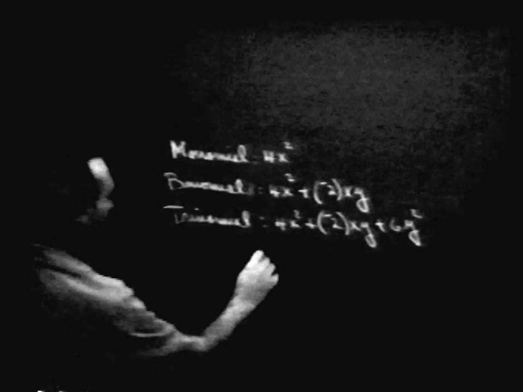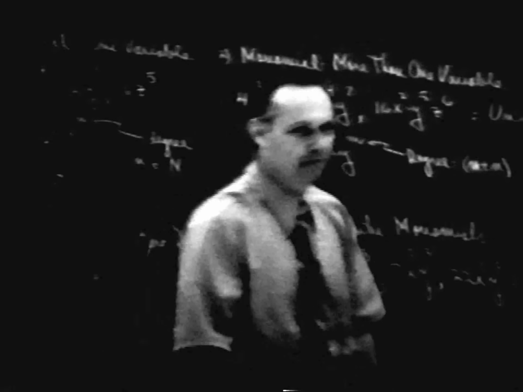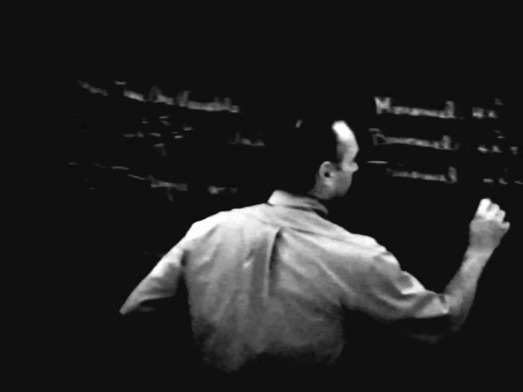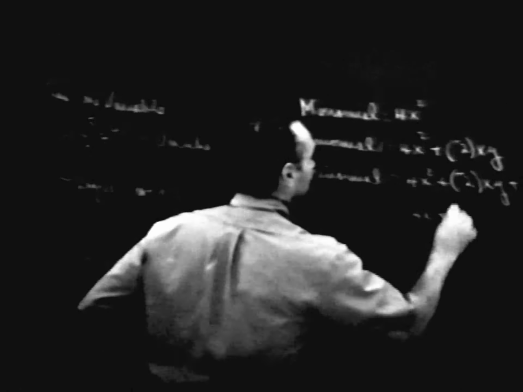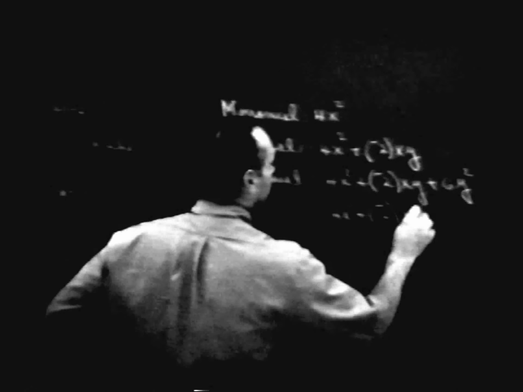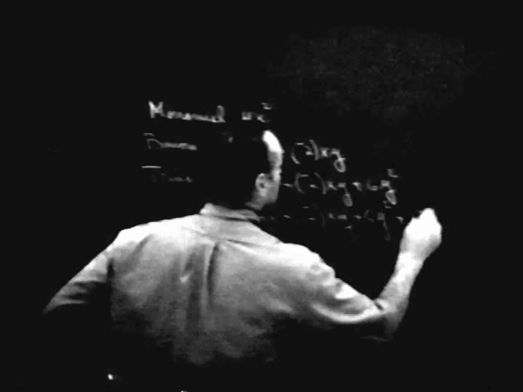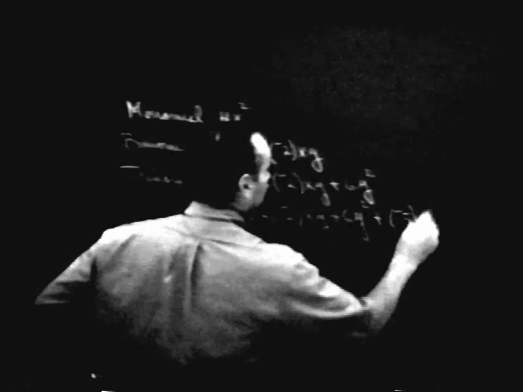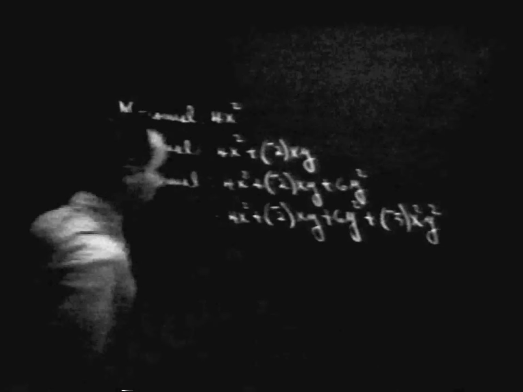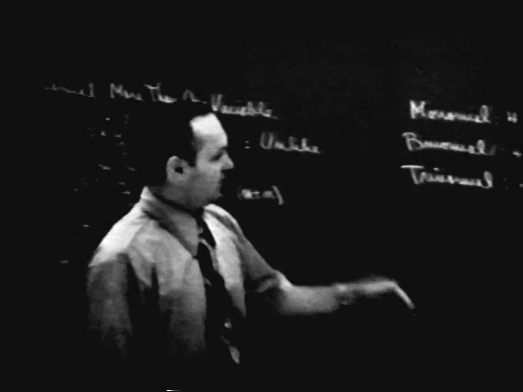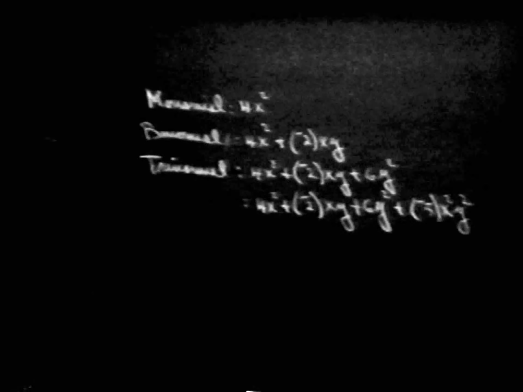Now, anything beyond three, we don't make up another special name for it. Let's write one down here. Such as 4x squared plus, I'll just repeat this, negative 2xy plus 6y squared, plus a negative 5x squared y squared. Let me write that one, right? Now notice here I have four terms, right? And rather than making up some other word such as a quatrinomial or anything like that,